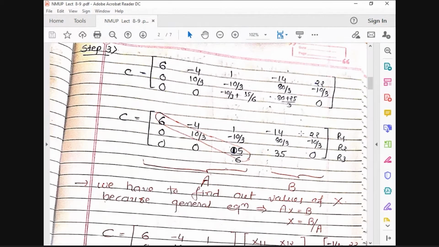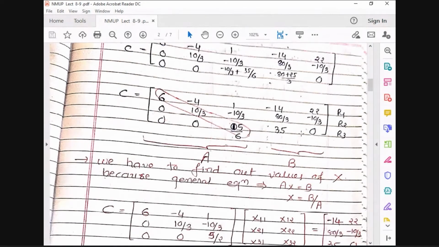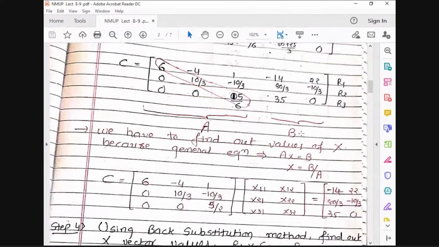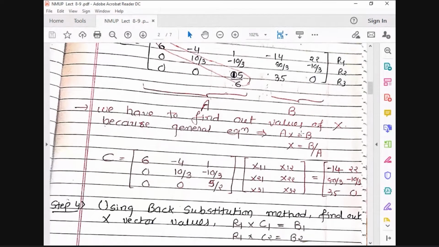Now, what do we have to do? So this one is the matrix. Now, what I want to do is find out the values of this constant as well as the solution vector. And that I have denoted over here: x11, x12, x21, x22, x31, and x32. Now, why have I taken only 2 by 2 over here? Because my B contains a 3 by 2 matrix. The same size that I have to use over here.